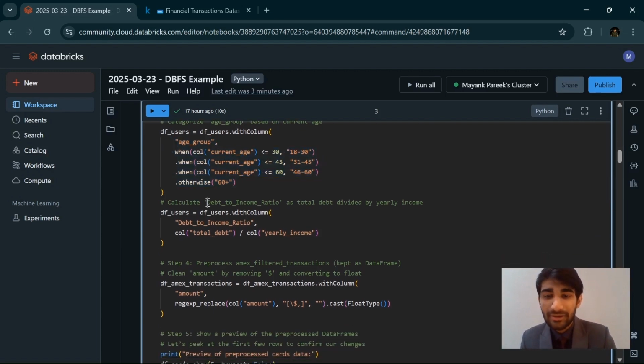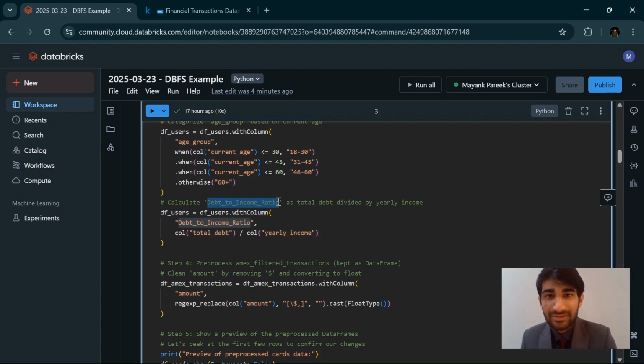Then we have this calculate debt to income ratio. So guys, suppose a person is having a yearly income of 50,000 US dollars or 50,000 rupees or any other currency type. And he is taking a loan of 5 lakh. So although the income is less, the debt is a lot. If I try to justify his debt ratio over here, he's earning only 50,000 and he's taking a debt of 5 lakh. So it's almost, I would say, 10 times higher. So for such users,